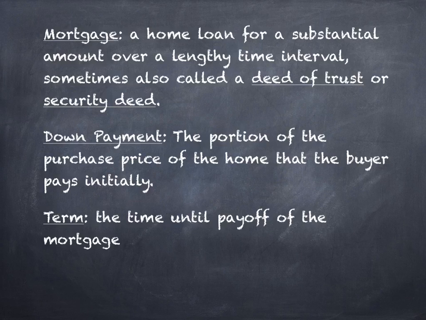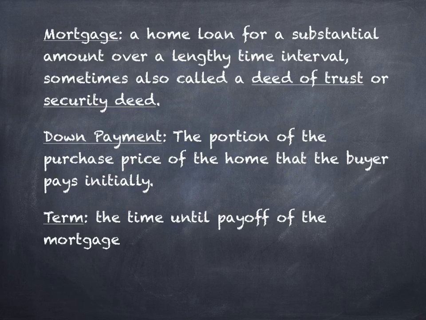discussing with the language. The first term is a mortgage, and a mortgage is simply a home loan for a substantial amount over a lengthy time interval. Sometimes this is called a deed of trust or a security deed. So this is the loan for a house or a condo or whatever kind of property we're talking about as